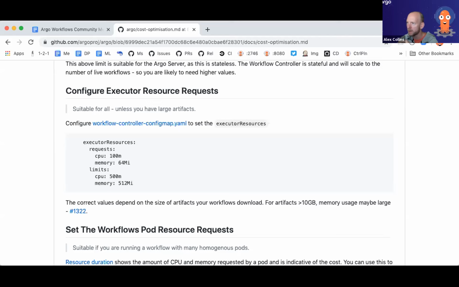So Argo Workflows prefers to store your workflow specification in the etcd database. However, the etcd database has a 1 megabyte limit to the size of the data you can store in there. So if it becomes large, it attempts to compress a specific part of the specification, called the node status, which is under the status field /nodes. The first thing it'll do is attempt to compress that and keep that data on etcd, because we know that's faster and more reliable than using a database. It removes edge cases where you lose your database connection, so your workflow fails.